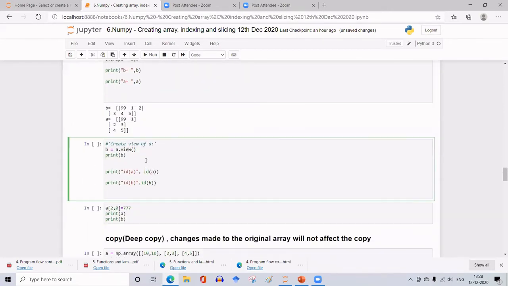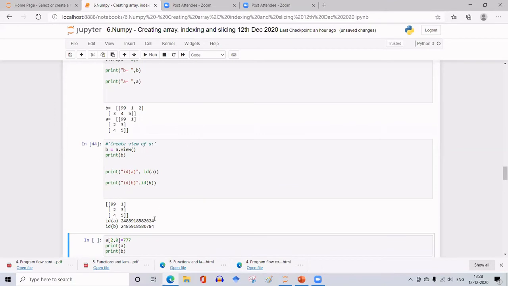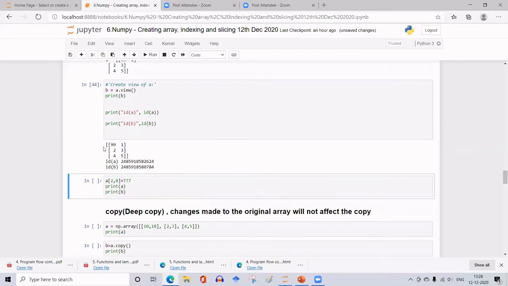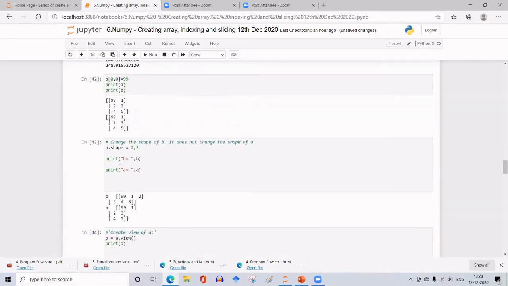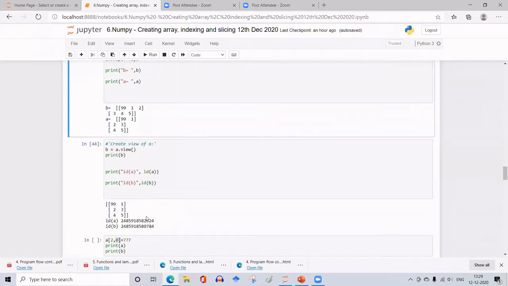Similarly, you have different IDs. Now, instead of 0, 0, I have changed in the A array, the first array, the row number 2 and 0 element. What is the row number 2, column 0 element in A? This is our A. What is A[2,0]? It is 4, is it not? So 0, 1, 2. The row number 2 and 0 element is 4.